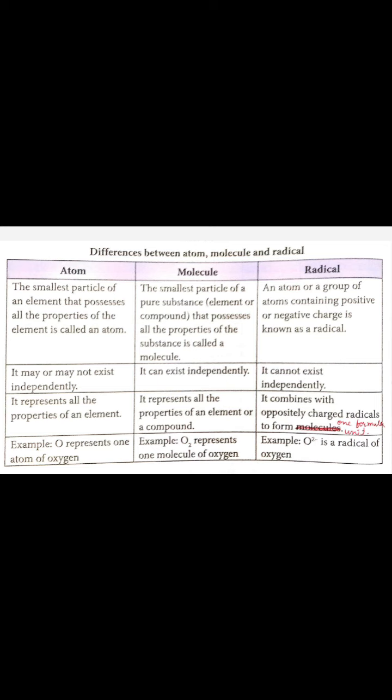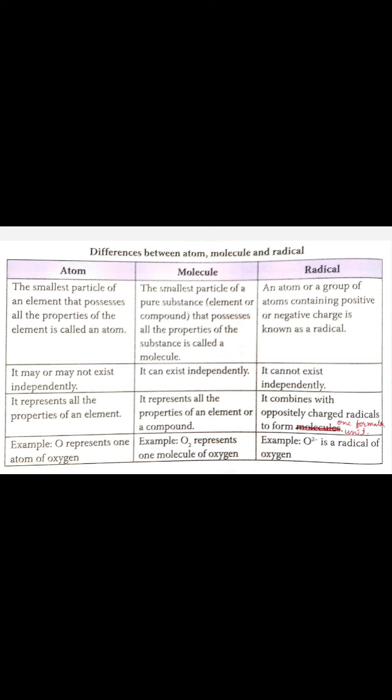And in case of radical, O2 negative, you can observe, in case of molecule, 2 is written as a subscript at the bottom. Okay. And here in case of radical, you can observe 2 negative is written at the top corner. Okay, as a superscript. So this is the way to represent. Okay, in case of molecule we are supposed to write the numerals at the bottom, and in case of radicals we are supposed to write numerals at the top. Okay, so this is the way to represent charge or number of atoms.